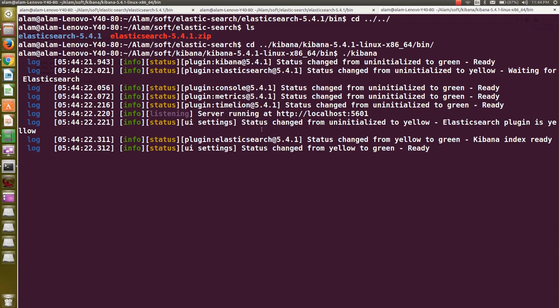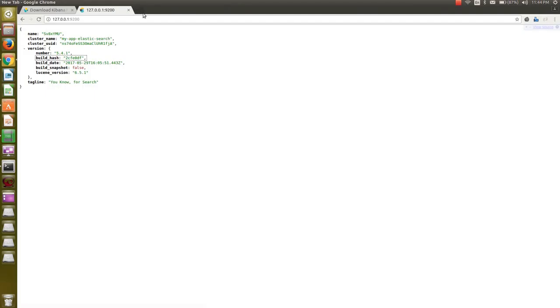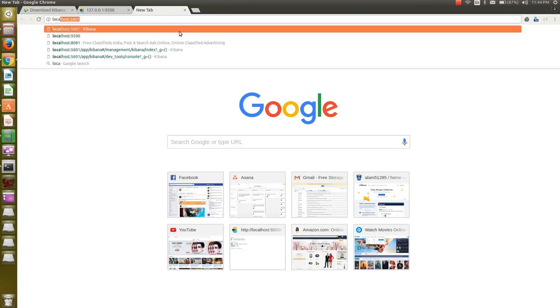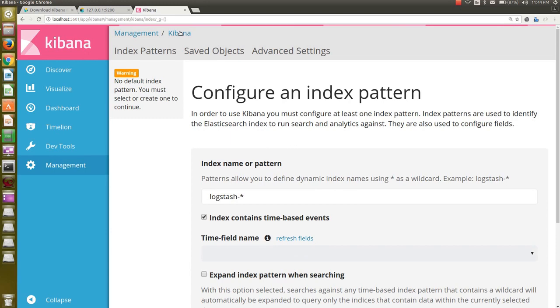Now it says status change to yellow to green. By default, it connects to localhost 9200, which is the default port of Elasticsearch. And let's verify. It's loading. Here you go.